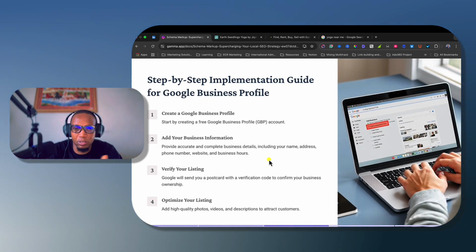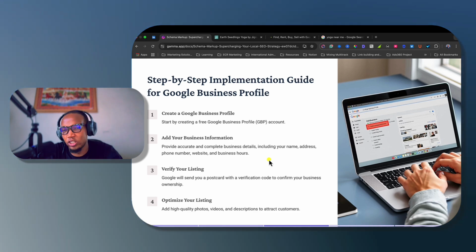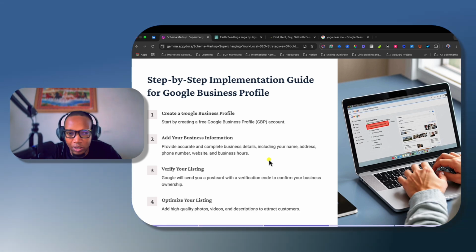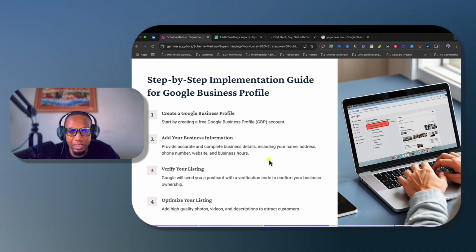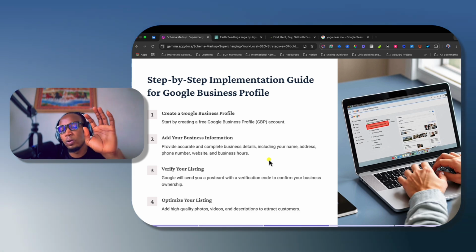Now, the step-by-step process of implementing schema. First of all, this is a very important thing, and I believe every business owner needs to have a Google My Business profile. This is the basic place to start. You create your business profile, add your Google business information, verify the listing, and optimize your listing. Why we prioritize this first is because when we do this,